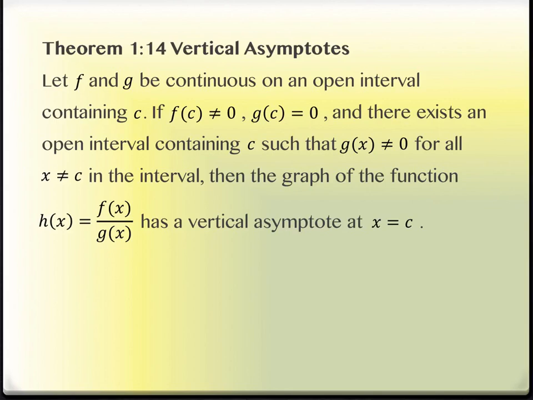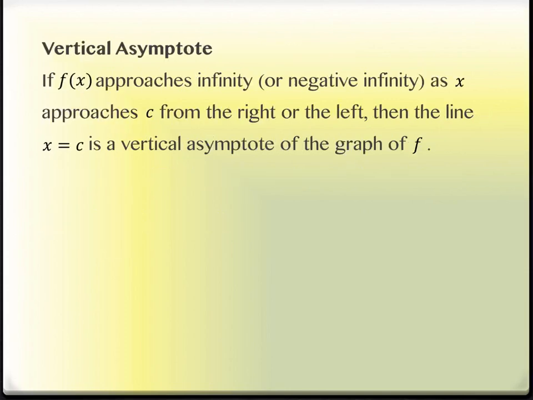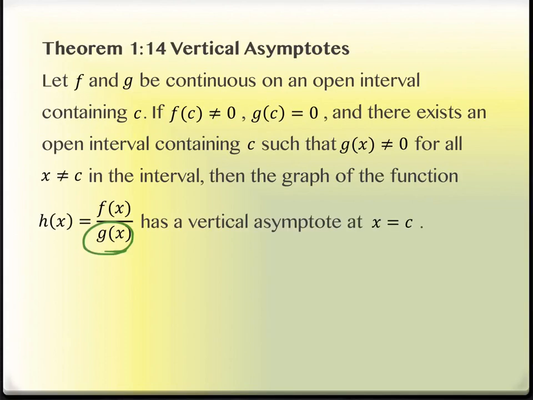So what this is saying is that this piece right here, if I plug c in, will be 0. But the numerator won't. So whatever c value I'm considering, the last problem was 4. If I plug in the number 4, let's say, the numerator is not 0 and the denominator is. And when that happens, we get a vertical asymptote. So this is just a more broad description than what we just saw over here. This is describing what it's called, and this is describing how it happens.